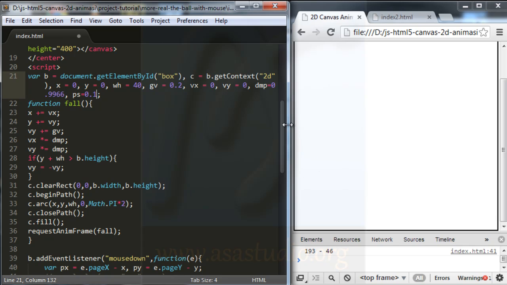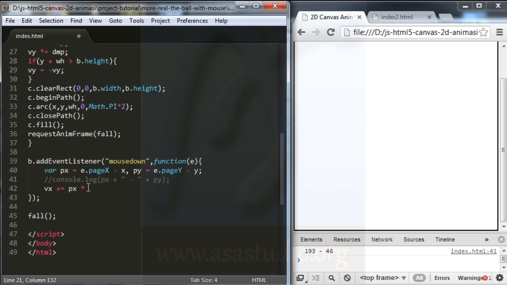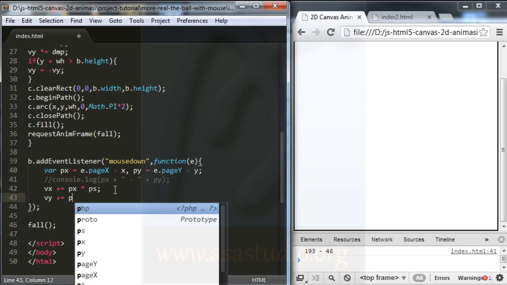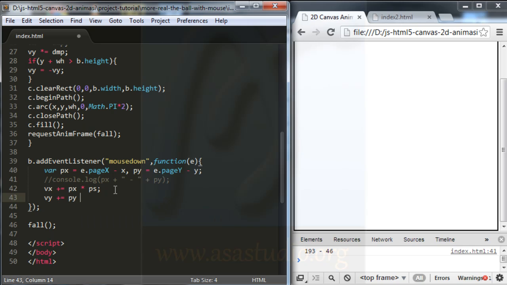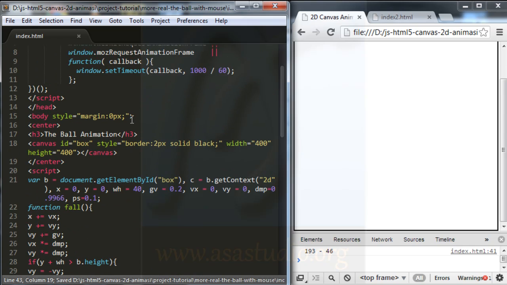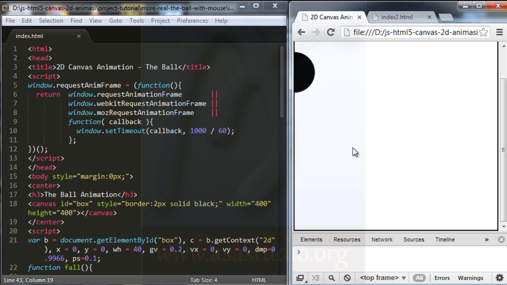For now 0.1, and here I add ps closing, and now I type Vy plus equal py multiplied by ps. Okay, now I have the new Vy and Vx, and if I save and reload my page,